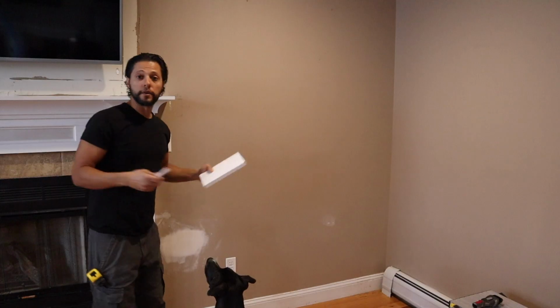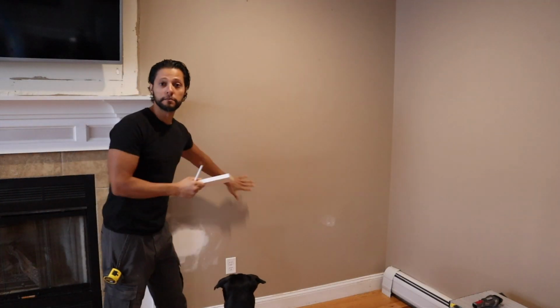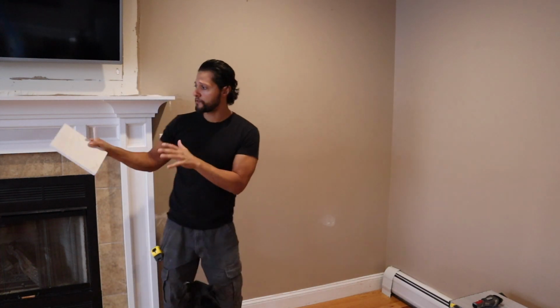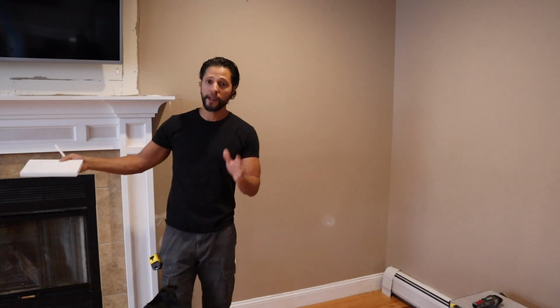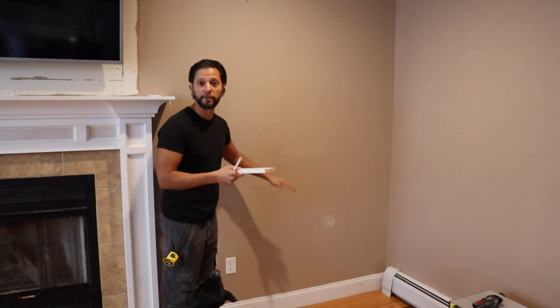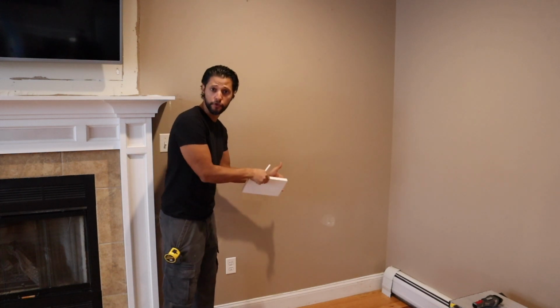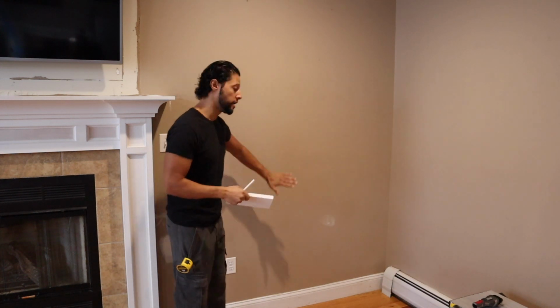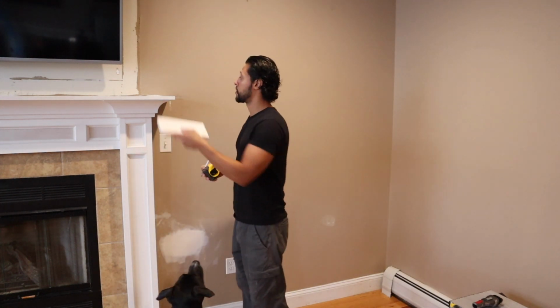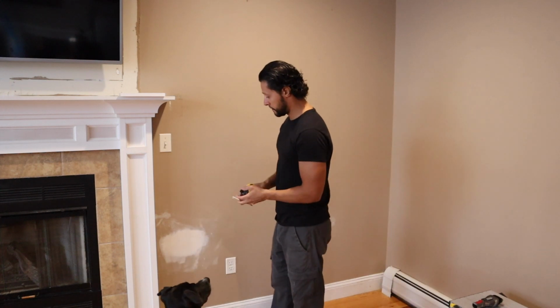It's real simple. Okay, so for this video, I'm going to be doing the wainscoting on this side of the fireplace, on this wall, just because I have some obstacles that I have to move out of the way, furniture and cable boxes and stuff like that on the other wall. Since we have a clean slate right here, and this is going to be the quickest access, I'm going to show you on this side how we do the chair rail and the boxes. So first, we're going to start with the height of the chair rail,